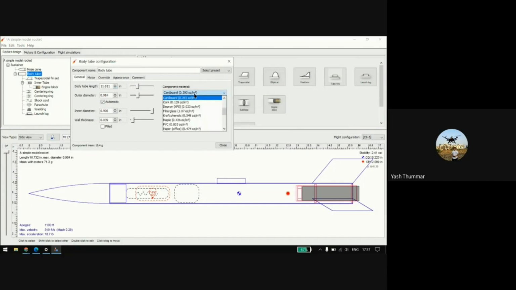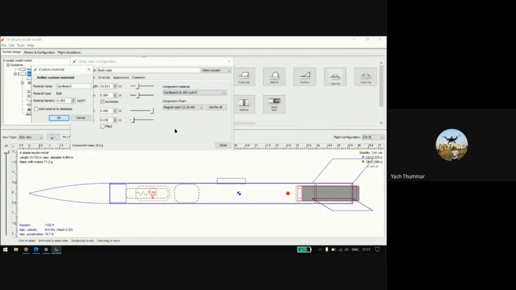Here you can find the components, such as PVC, and most of these components have a density, which is normally used. But if you have a custom component, it depends on how you will use it. You can also create a custom component, give it a name, and give the density in whatever unit you choose.